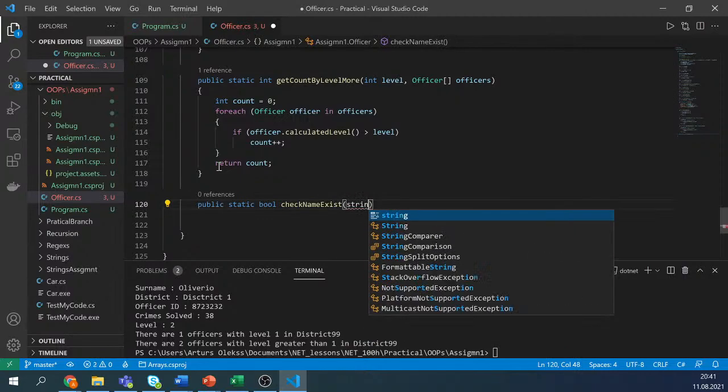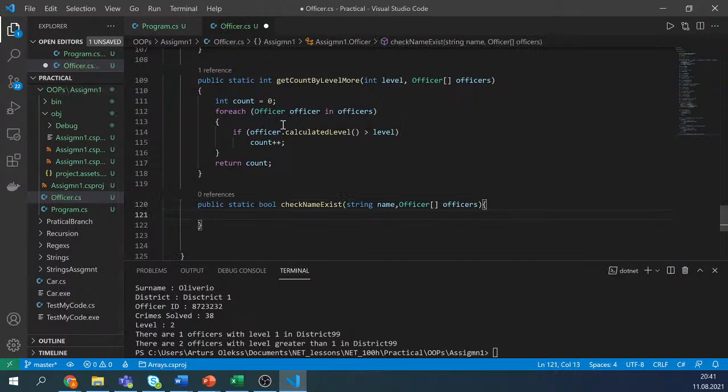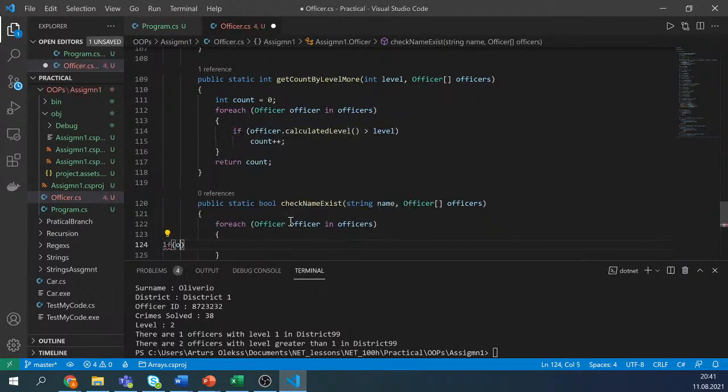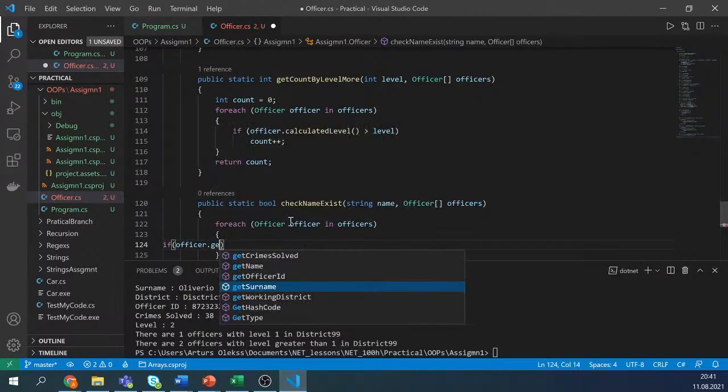Here I need to provide the string name and the array. The array is the officers. Then I need to go through all the officers again, and if the officer's name